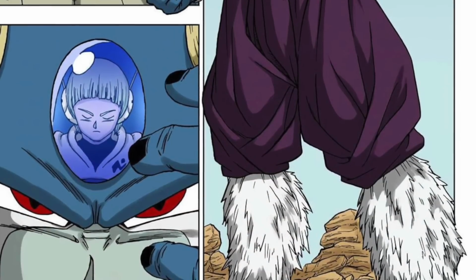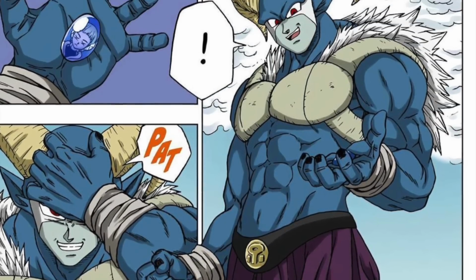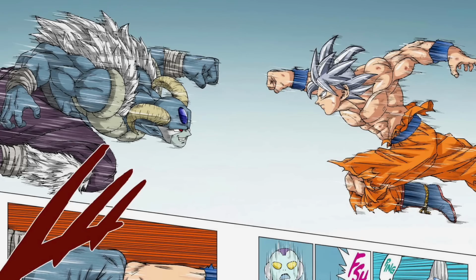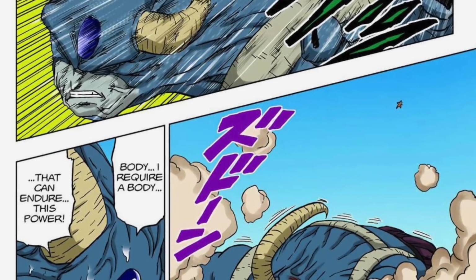The second is the GOAT, it's my third time calling him GOAT this video, Moro, who absorbed the powers of the angel Miras. Upon unlocking UI, Moro's fur turns white and he fights with Goku, marking the first Ultra Instinct versus Ultra Instinct fight in the franchise. Goku gets around this angelic adversary by waiting for the toll of UI to hit the GOAT and then destroying